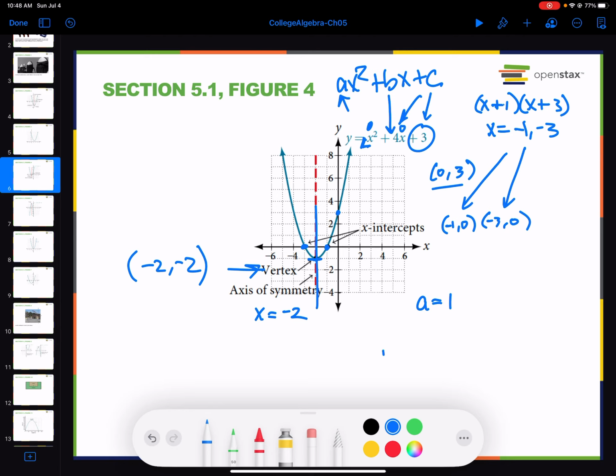So we're just going to have f of x equals x, and then we're going to be minus h. Our vertex is (h, k). So we've got x minus h. Well, our h is -2, so that means we're going to have a +2, and that's squared. And then our k is -2. So our equation in,